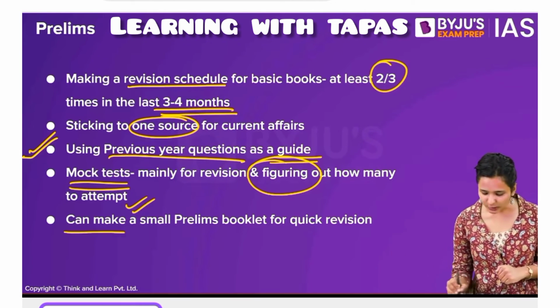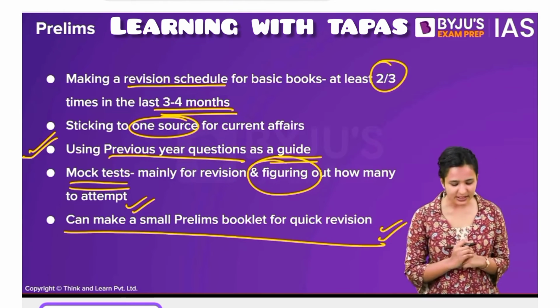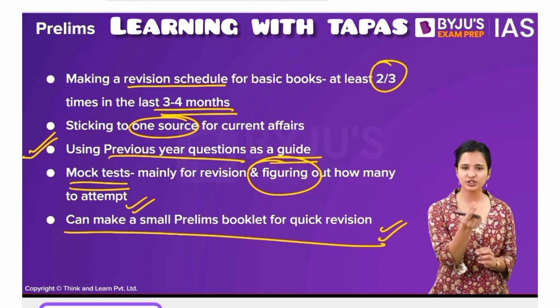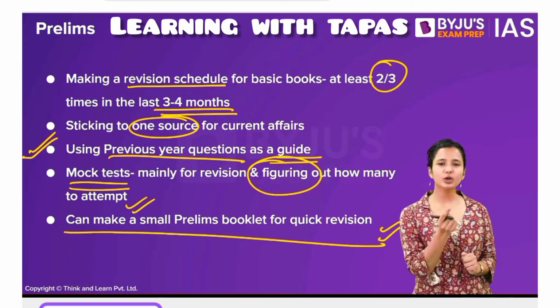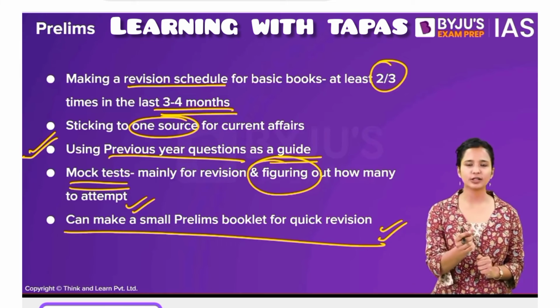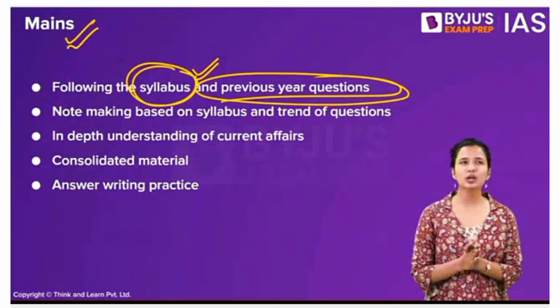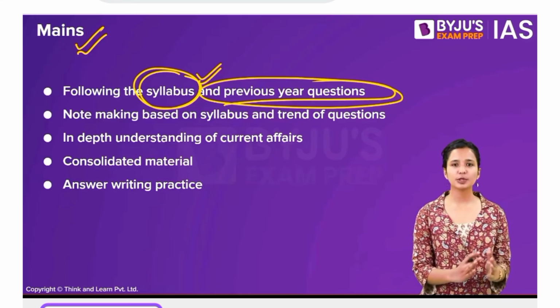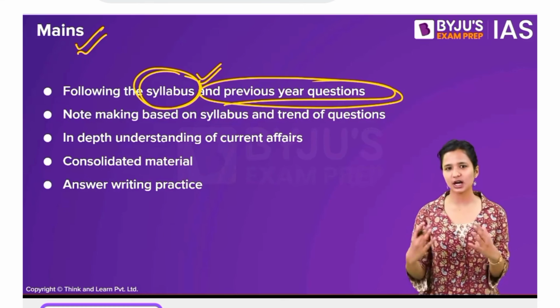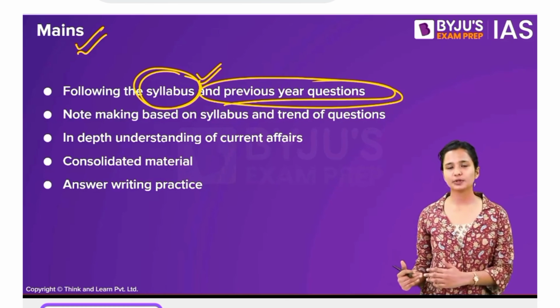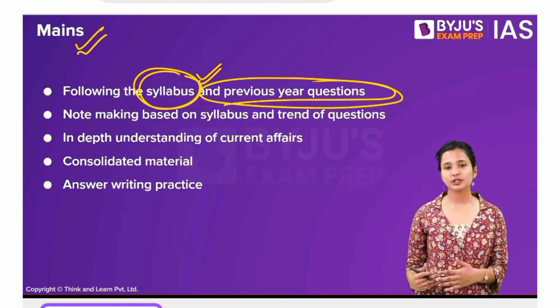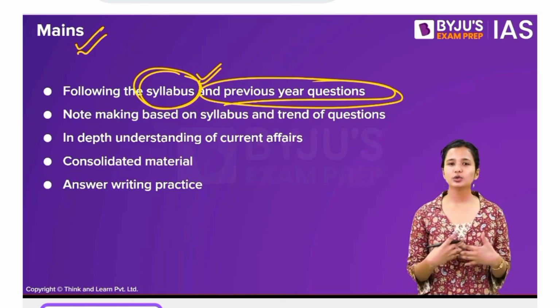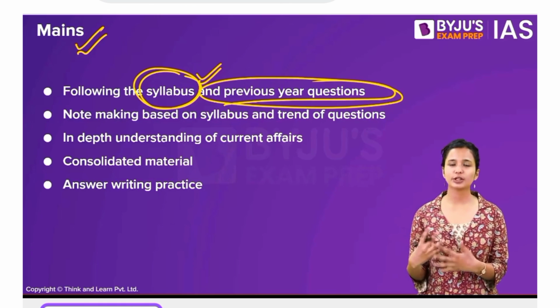Another thing that I tried to do towards the end was making a small prelims booklet. So that was just one booklet that I had for very quick revision. So for example, if there's some mock test that I attempted and then realized that, sometimes questions are not asked clearly from the static papers, in terms of what sort of questions are asked from each section of the paper is also something that is very important. Similarly for ethics, the nature of questions, sometimes you get to know case studies if you